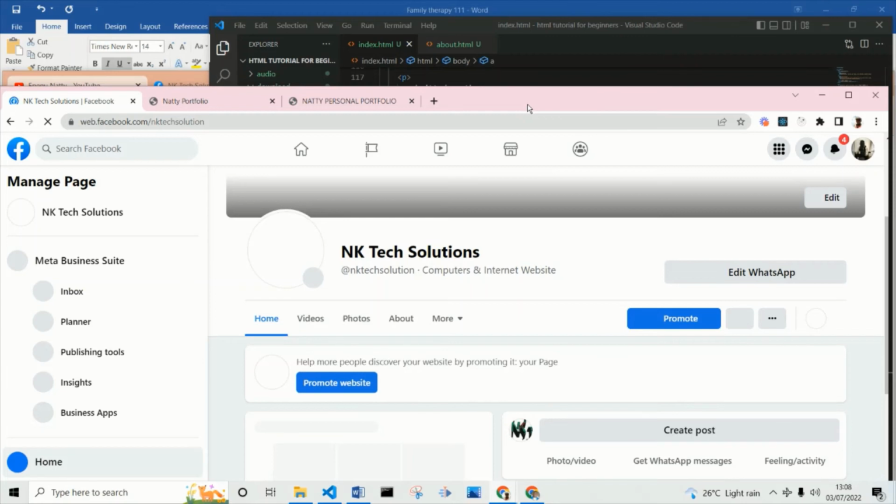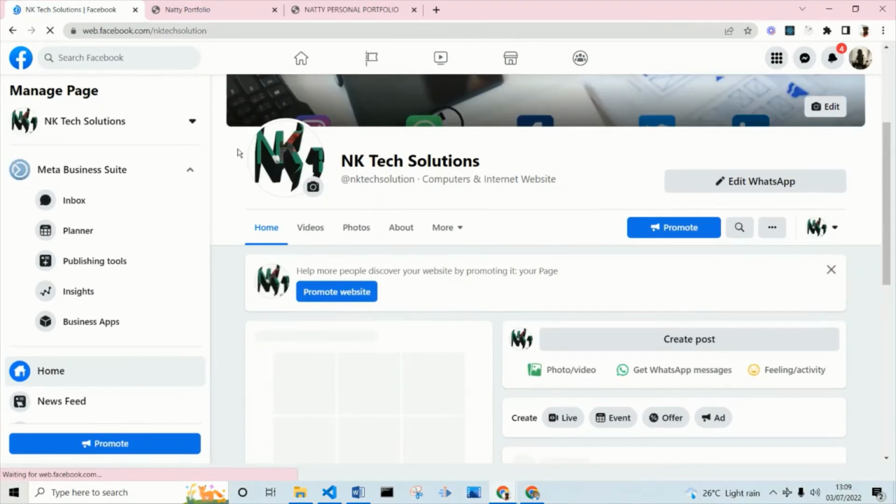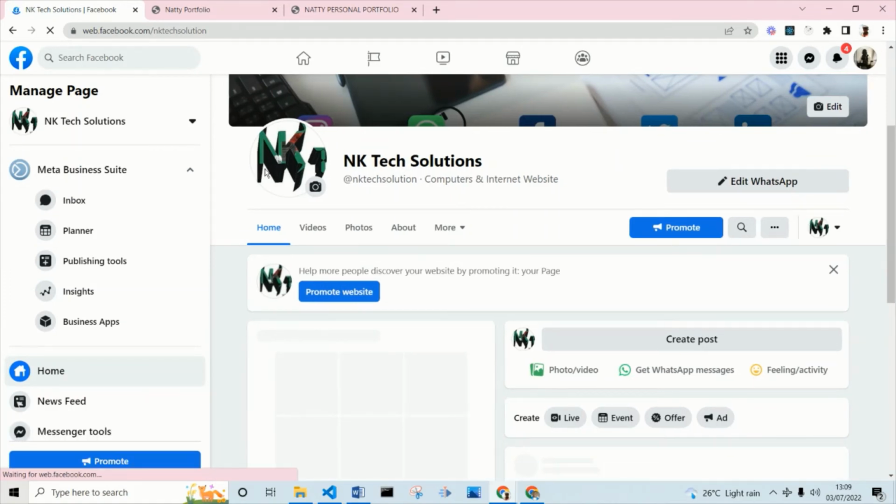Okay, so Facebook is open. Now notice that Facebook replaces the website we are working on, and we don't want that. So let's go back. Click on back. Okay, so let's go back, and in the code let's add